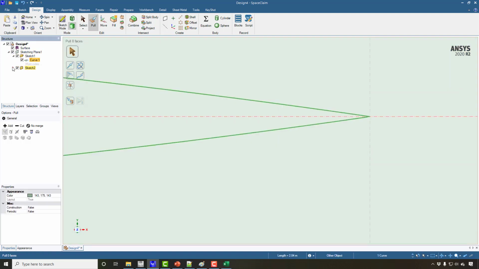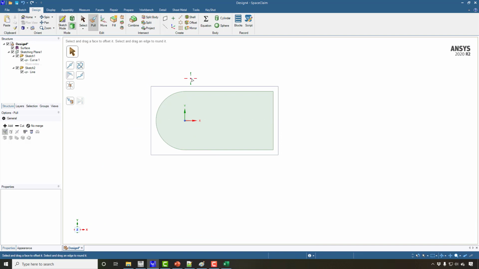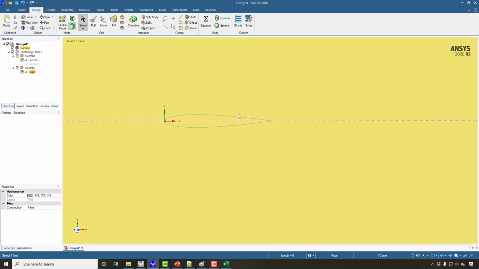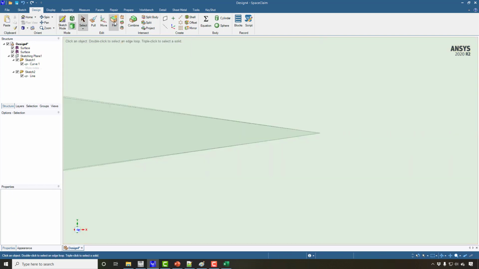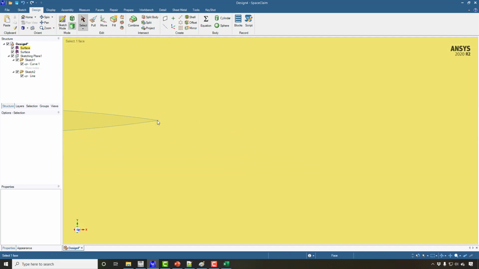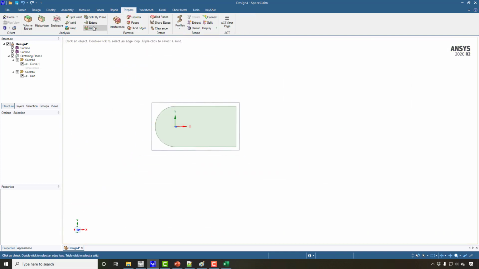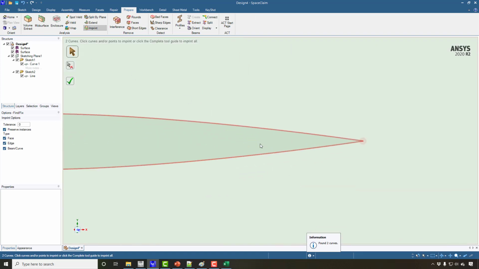These are 2 sketches with us. One is the aerofoil curve, second is the curves for this line here, and then we have a sketch for this outer side, which is now a surface here. And again for the inside, I'm going to select these curves, this and this curve here, and I will use the fill command. So I get another surface with me. So in the prepare menu, I'm going to use the imprint command. And now we have these objects with us.